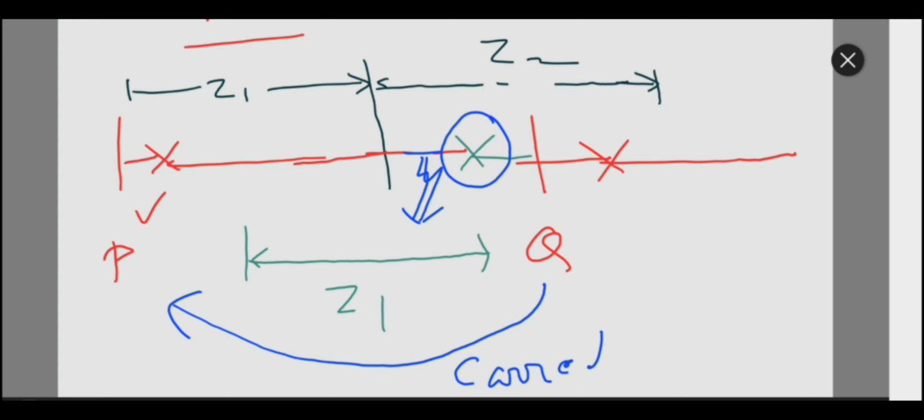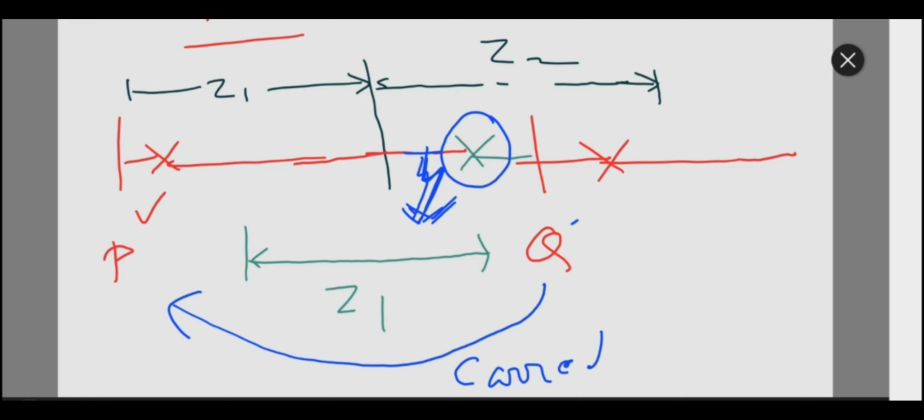Once again I repeat, if the fault happens there, that is zone 2 of the sending end relay, but within the span of the transmission line, that is P and Q, this fault is a zone 1 fault from the receiving side.